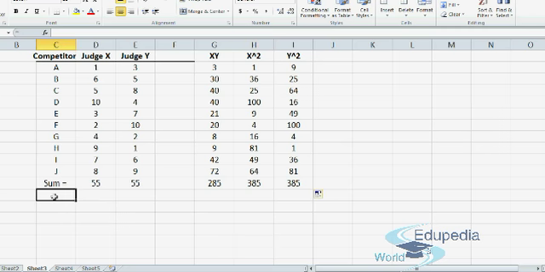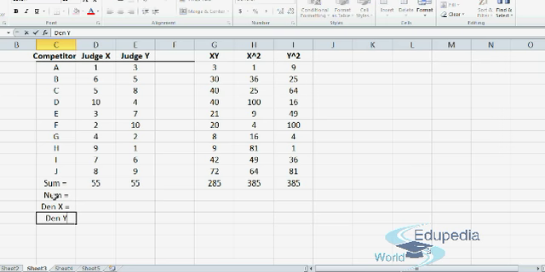Next, what is the formula to find the correlation coefficient, that is the Karl Pearson's correlation coefficient? It's n multiplied by summation xy minus summation x into summation y divided by square root of n into summation x square minus summation x the whole square, and then the square root of n into summation y square minus summation y the whole square. So let's do it in parts. First the numerator, and then we shall take the denominator,